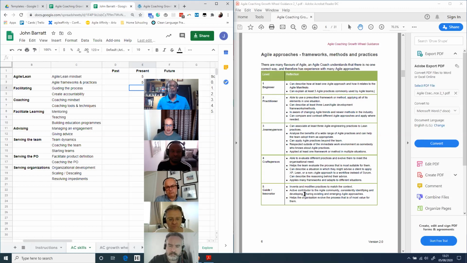Yeah, I wouldn't say it's about an average score. I would say the key is to be consistent throughout. So mark yourself consistently throughout the whole wheel. Otherwise, it's going to be very hard to decide where to focus or where I might want to focus. For me personally, it's more of a gut feel.